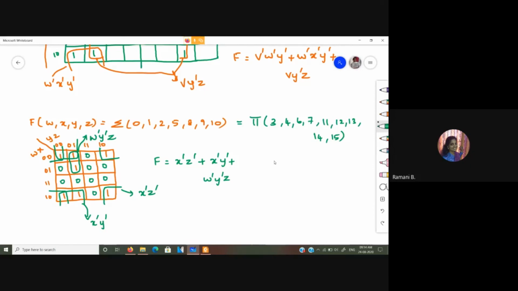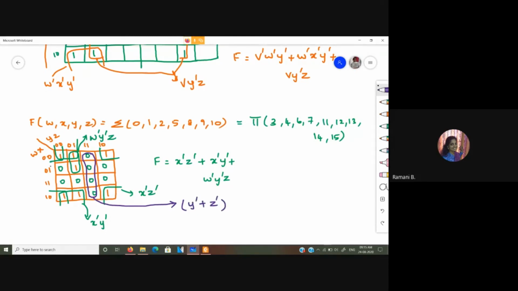So now here, if I am going to form the group, initially I can have this particular group. For this particular group, here you are having W and X varying, Y and Z value is equal to 1. So in case of max terms or the product of sums, what we do is the unprimed variable corresponds to 0 and primed variable corresponds to 1. So this will be Y bar plus Z bar.